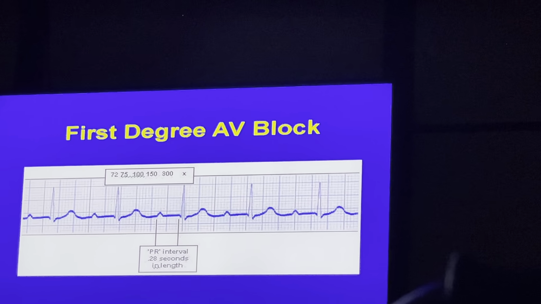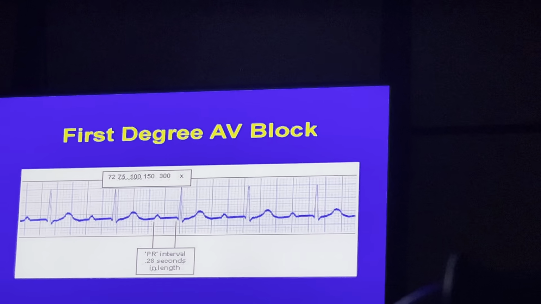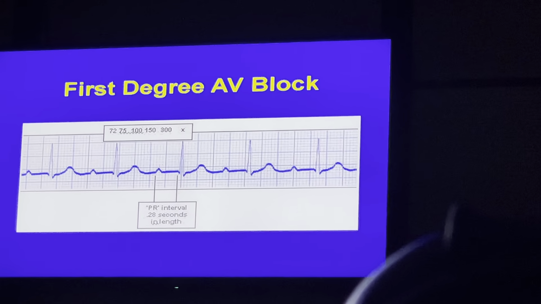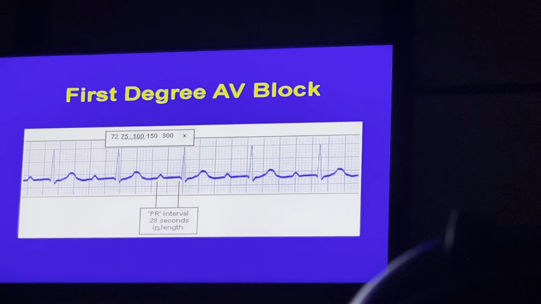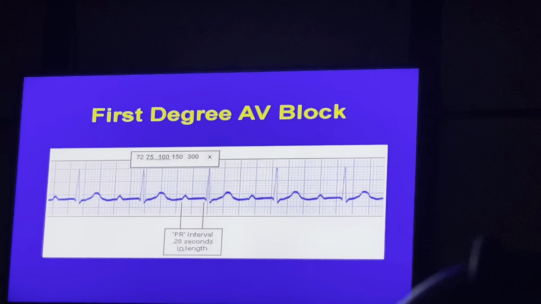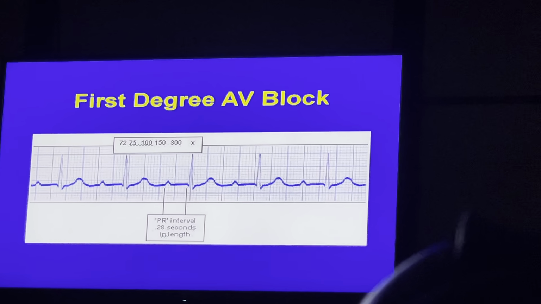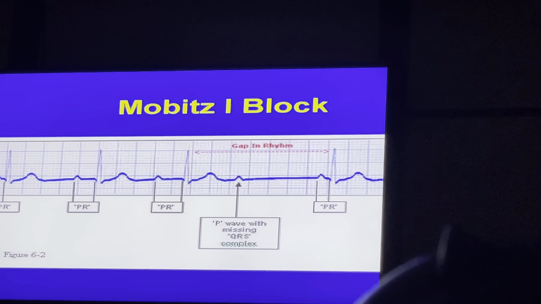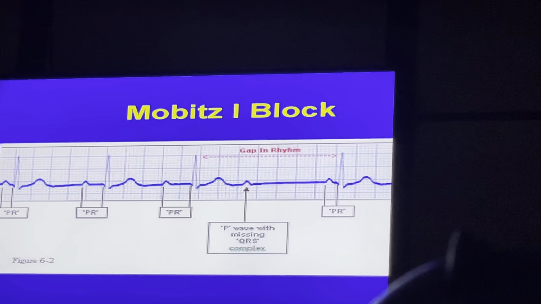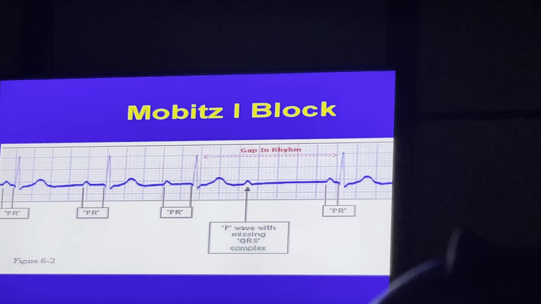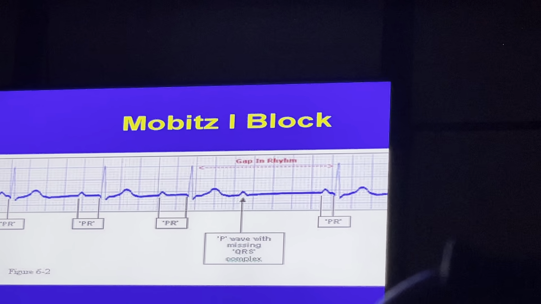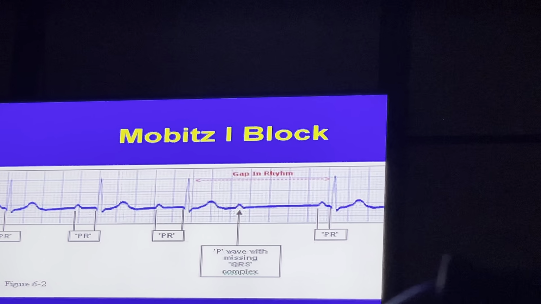So when we call first degree heart block, the heart rate must be within the normal physiological range, which is 60 to 100 beats per minute. So when there is tachycardia and PR prolonged, we can't say it first degree heart block. We say it just PR prolongation, which might be due to response of tachycardia. Next, PR prolongation also occurs in Mobitz type 1 AV block, but in this case there is progressive prolongation of PR interval and there is a beat drop. We'll learn in detail in the section of AV blocks.